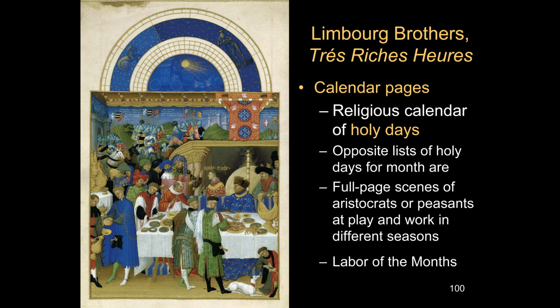This comes out of the idea of the labors of the months. Very frequently on medieval churches, sometimes over the archways, they would have roundels or other little decorations showing small carvings of the different labors, the different kind of work that was done during the different months. And of course, it depends on where your church is, because certain things would happen at different times, depending on how far north or south you were. For example, when you sow your grain and when you reap your grain.